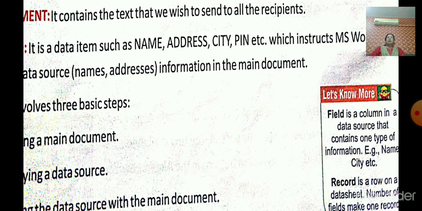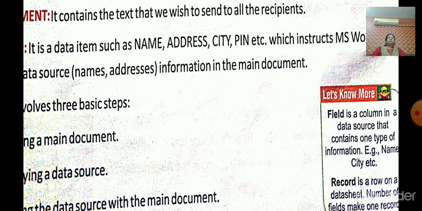So, let us learn how to create a mail merge document. Mail merge involves three basic steps. The first one is creating a main document. The main document means what? Here our main document is the letter, or content. Second step is specifying a data source.